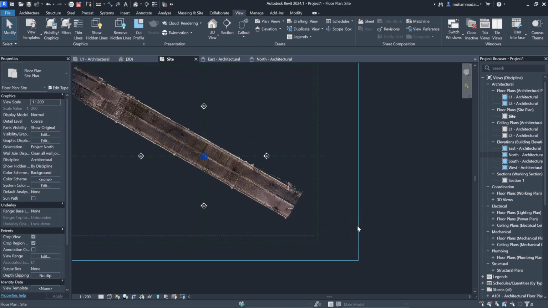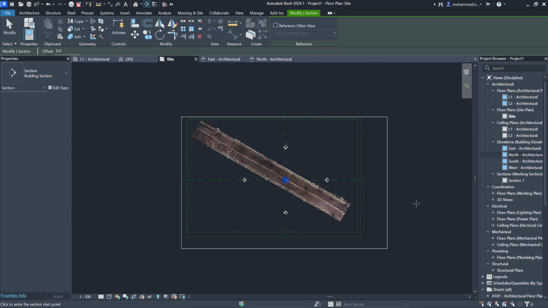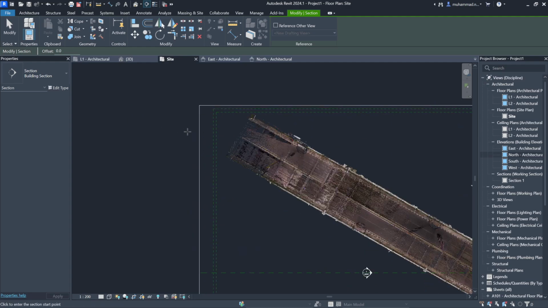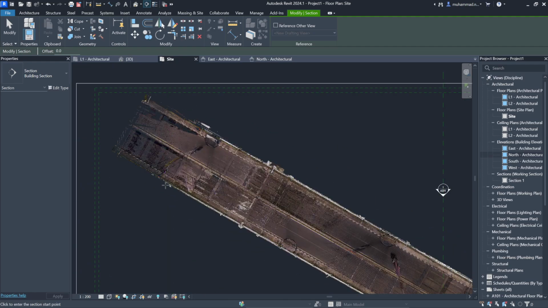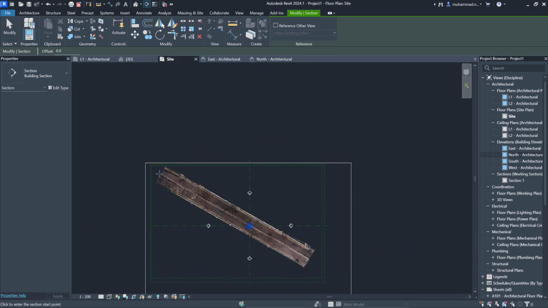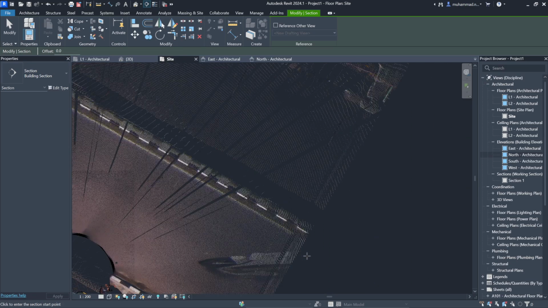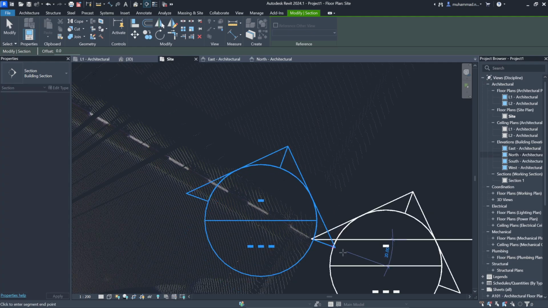So what we do now is make a section. This is the important step. For our work, the first one you need is a section. You can take the median jalan in the south.